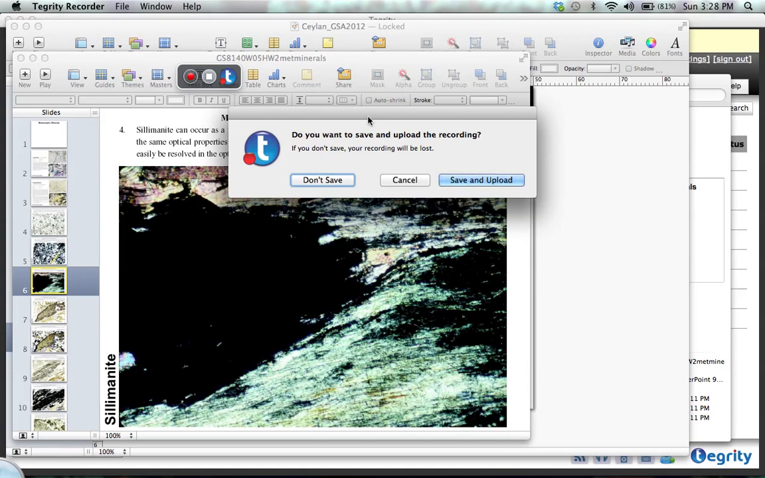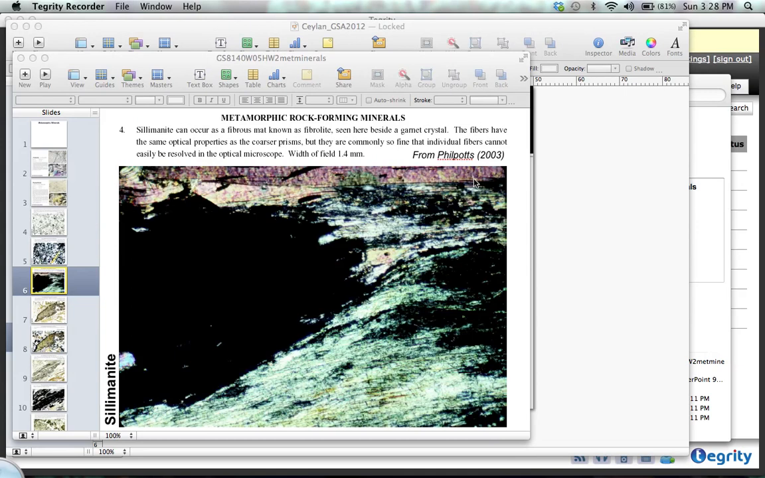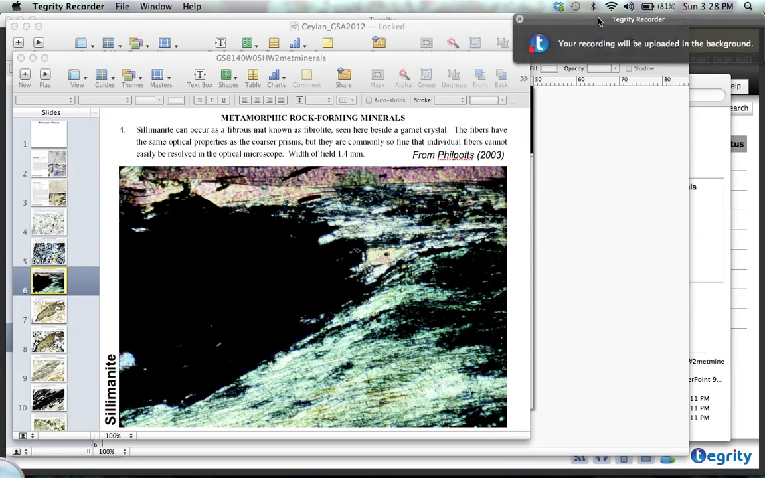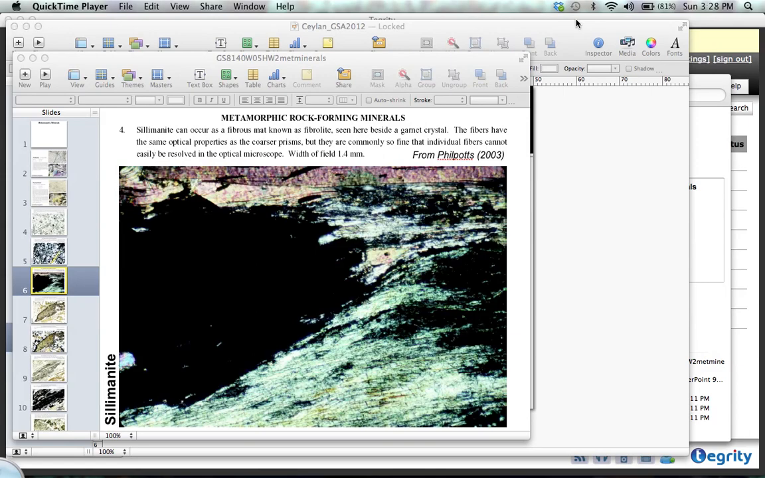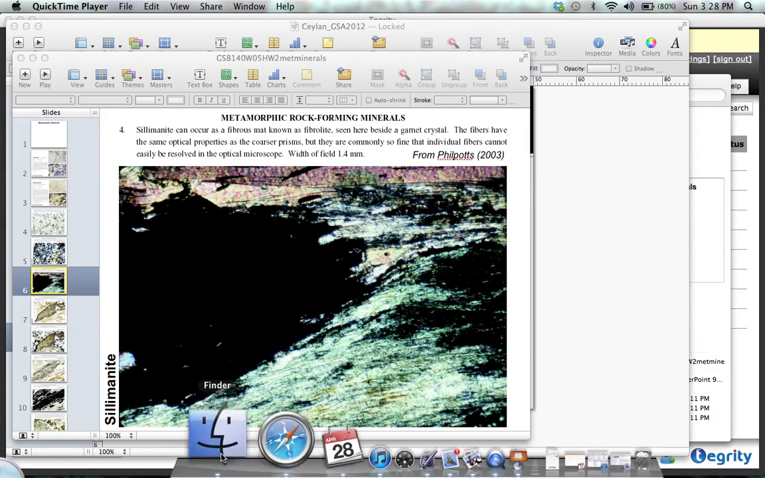So if we never want to see it again, ever, then we hit don't save. And it disappears. And if we change our minds, then we can cancel, but we want to save and upload pretty much. There's something else that popped up: your recording will be uploaded in the background. Nothing much seems to happen, really, but if you go back to the Tegrity window,